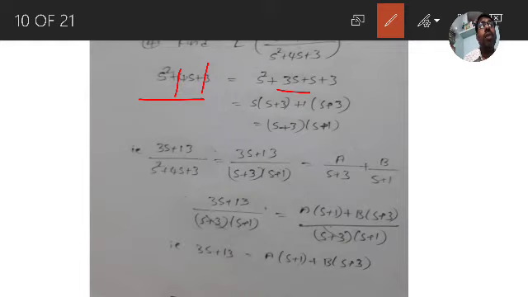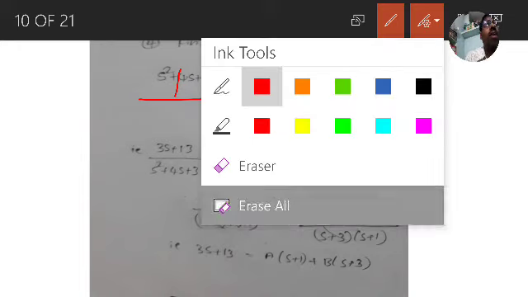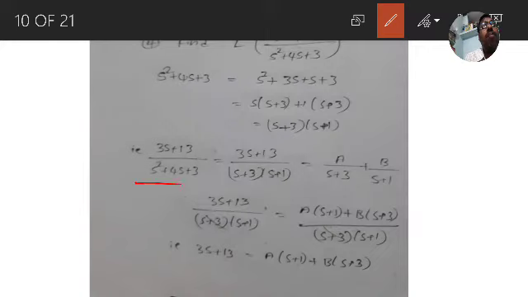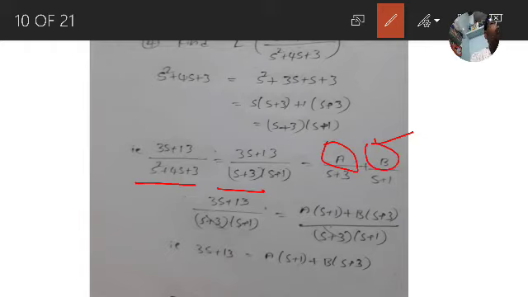Okay, so take common, s plus 3 plus 1 common, s plus 3. So linear factors, s plus 3 into s plus 1. You got the linear factors. Now at place of quadratic, write linear, and for linear you can write partial fractions by using our first formula. It is for s plus 3, A by s plus 3, plus for s plus 1, B by s plus 1. Now you have to find A value and B value, then you have to substitute.